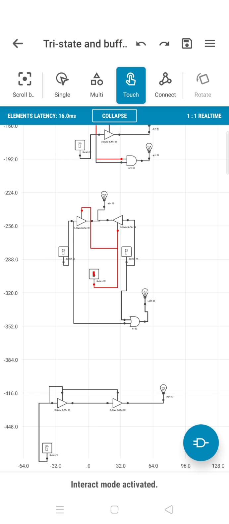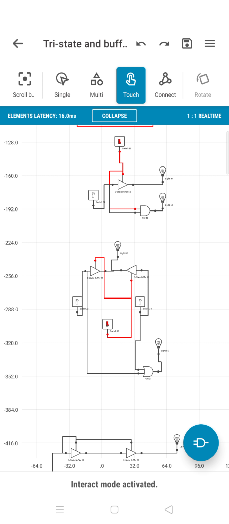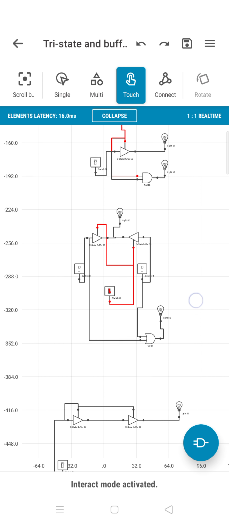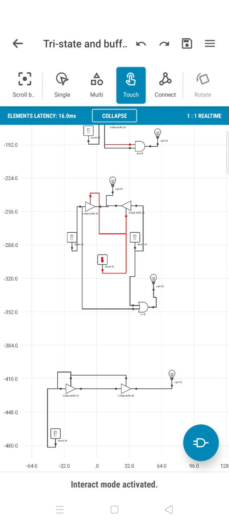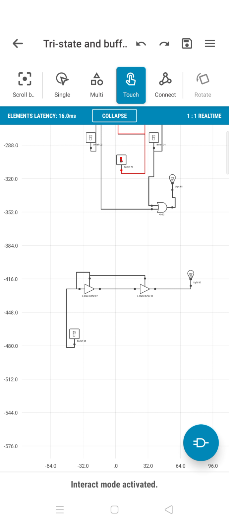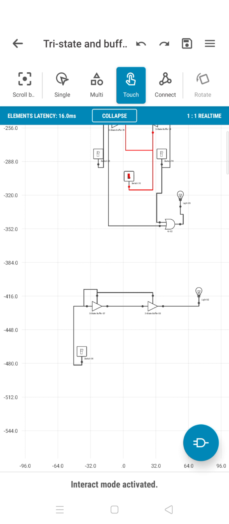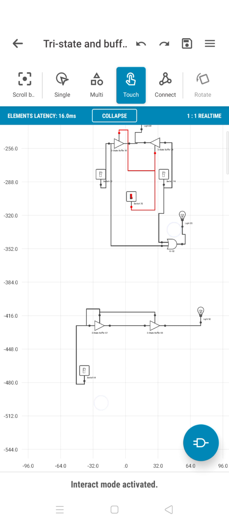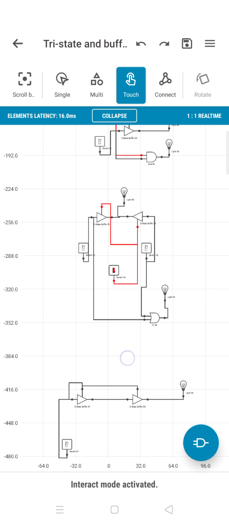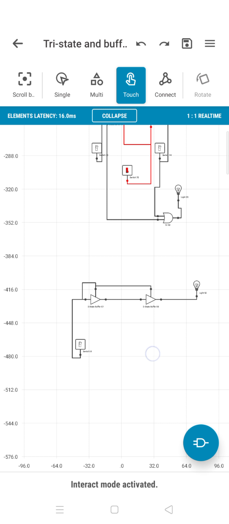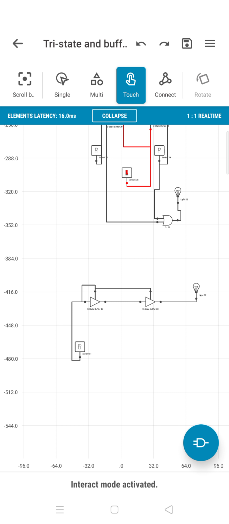So first we saw how the tri-state device can be used as an AND circuit, then as an OR circuit, and now as a buffer. The tri-state device is a transistor, which is used in all kinds of circuitry. Any computer you take is filled with transistors. Registers are filled with transistors. If you see circuitry, it is all transistors, except for a few dots, which are just connecting elements like wires.